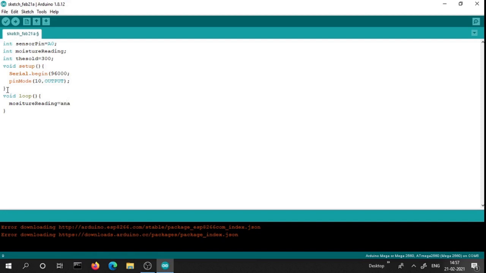We provide moisture reading equal to analogRead of sensor pin. This means the value from the sensor pin is stored in moisture reading.